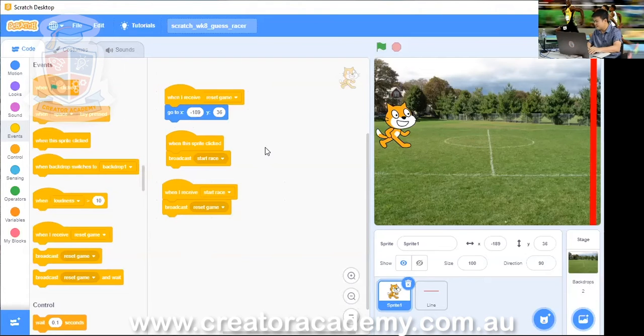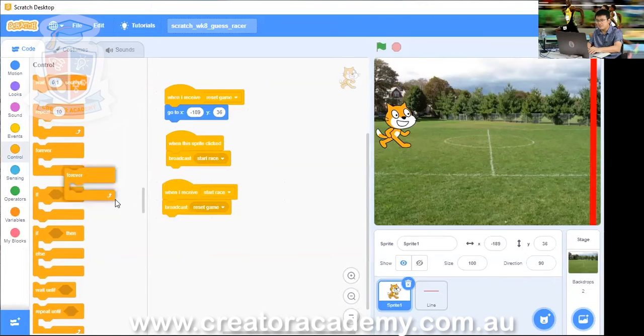When we go to the start position, now we're going to race. We're going to give it a forever loop. So we go into control, and then we give it a forever loop. And then in this forever loop, we want it to take a step every 0.1 seconds.